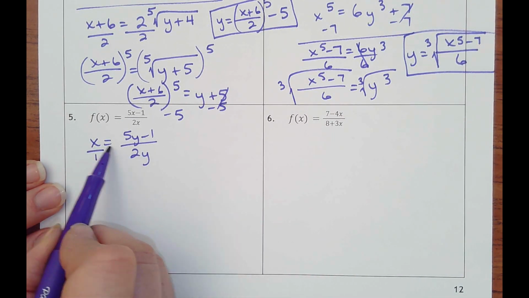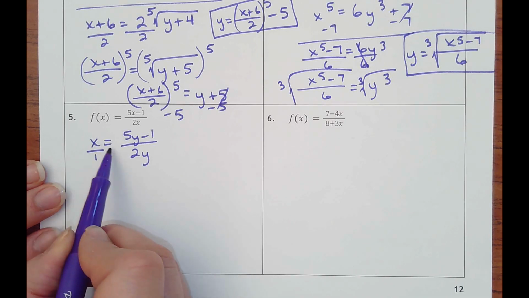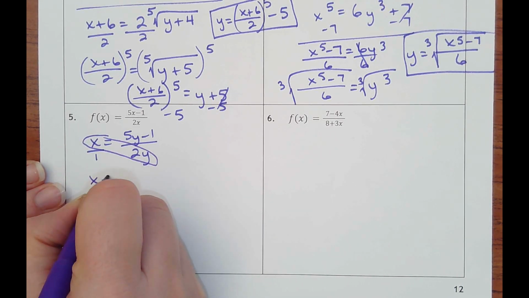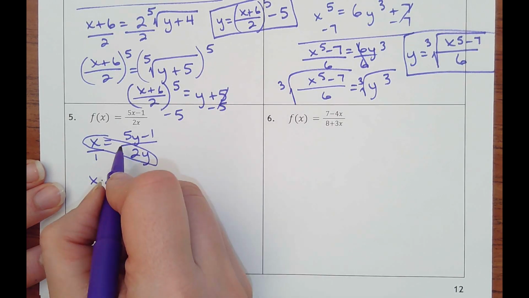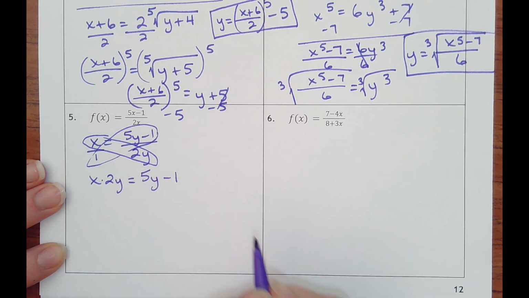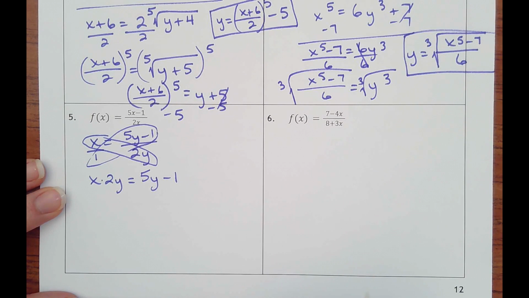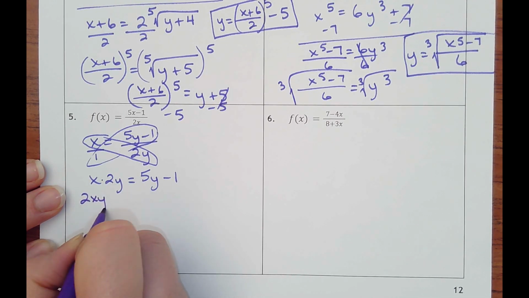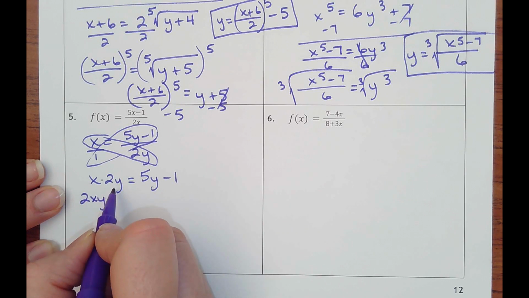A proportion means you cross multiply. So I'm going to take x times 2y. And then I'm going to take 5y minus 1 times 1, which is going to stay 5y minus 1. Then what I want to do is get all the terms that have a y on one side and all the terms that don't on another. And so I'm going to actually rewrite this as 2 times x times y, 2xy, because that looks neater. Then I'm going to subtract the 5y over